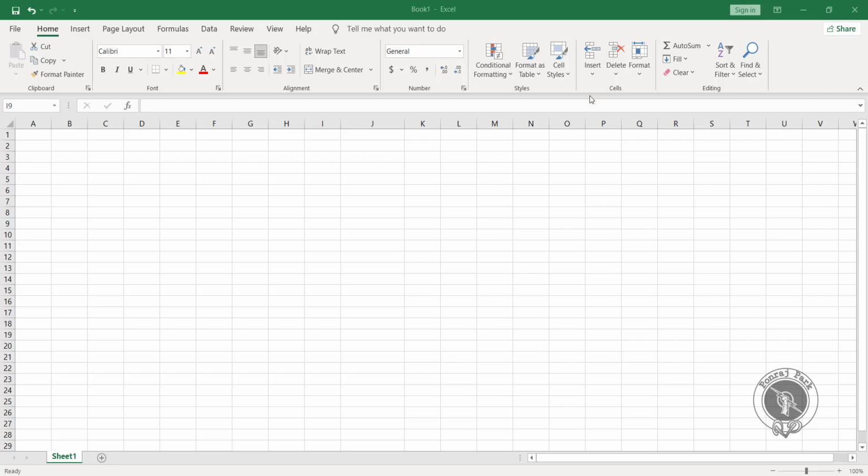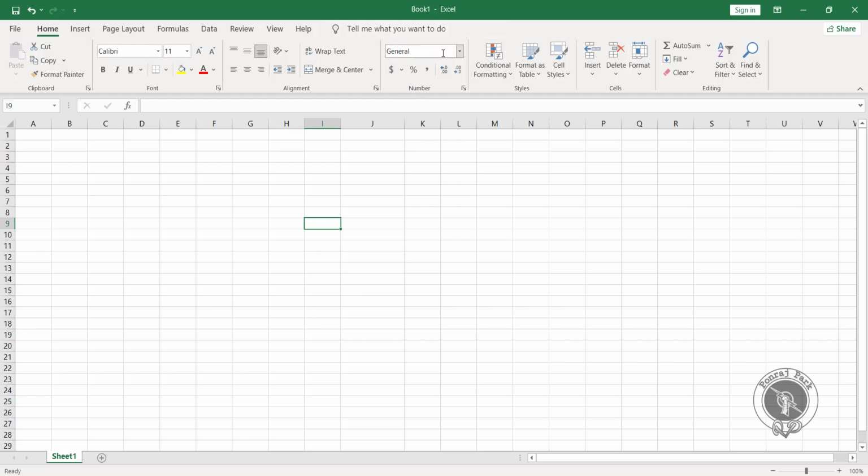So today we are going to learn about the number group in Microsoft Excel 2016. So let's get started. Basically, we use this number group for formatting our data. If you want to convert your data to some specific kind of format, like text format or currency format or anything like that, you can use this option. We'll see everything present in this one by one.